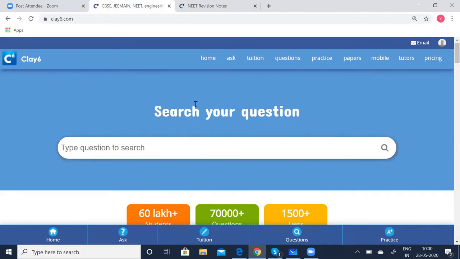Today, I am going to cover the chapter Magnetism and Matter. Before that, quickly let me tell you how to access the Class 6 NEET revisions and the